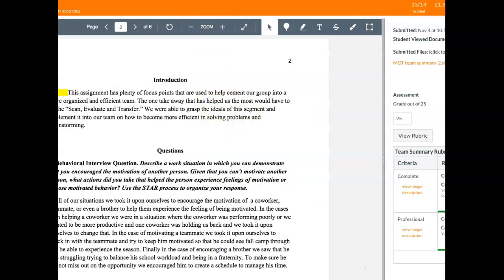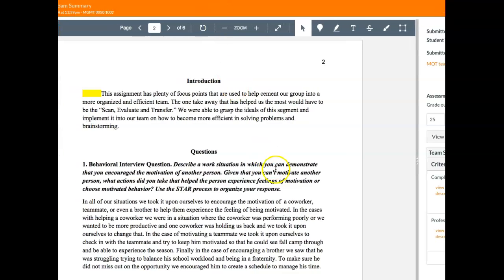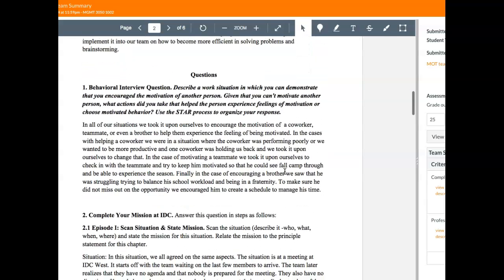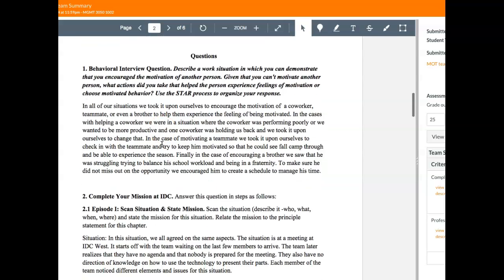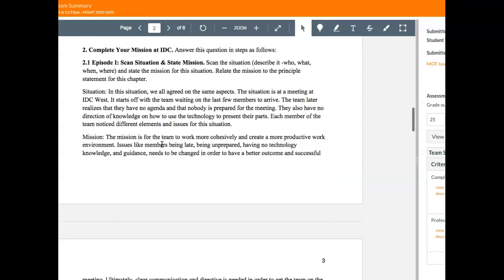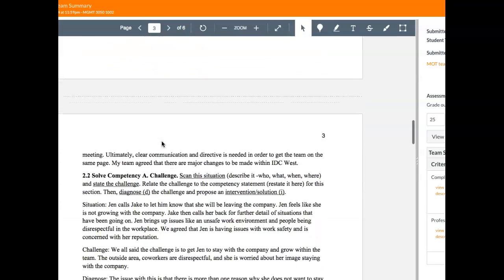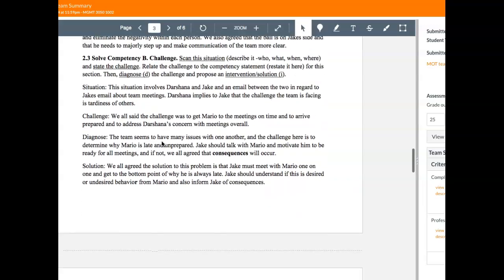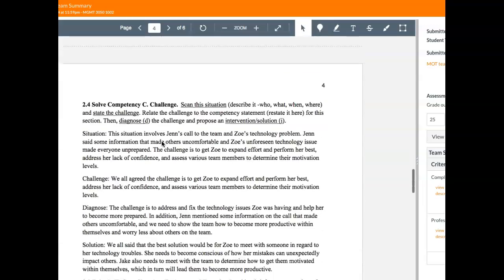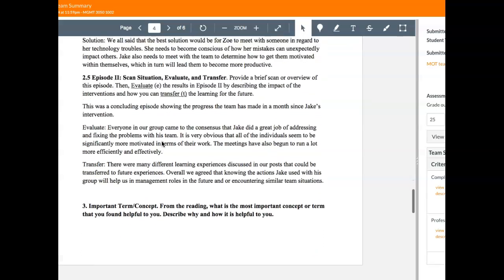This next one here comes from Splash. Nice job, Splash. Same approach. Notice that in all of our situations, they're beginning to look across all the individual posts and what was the same, what was different. Then they go into IDC West and do a summary on IDC West, and